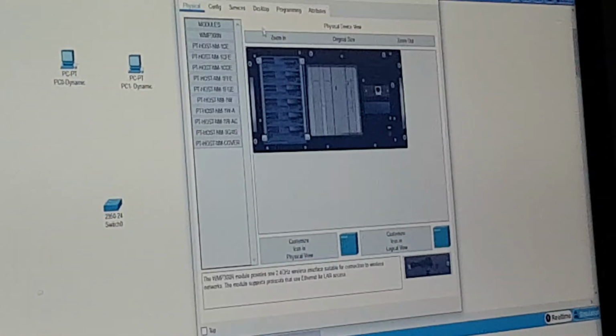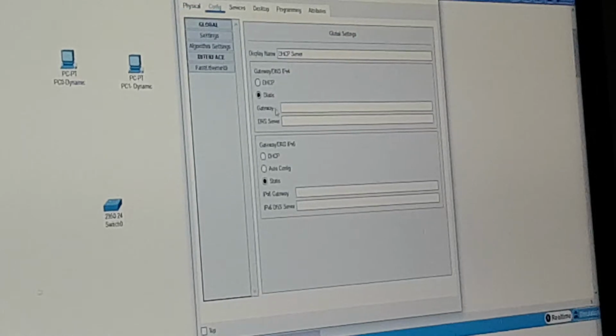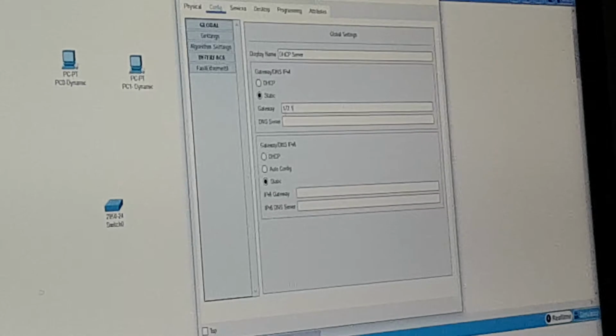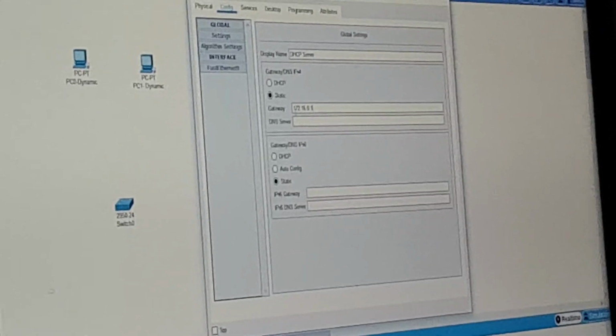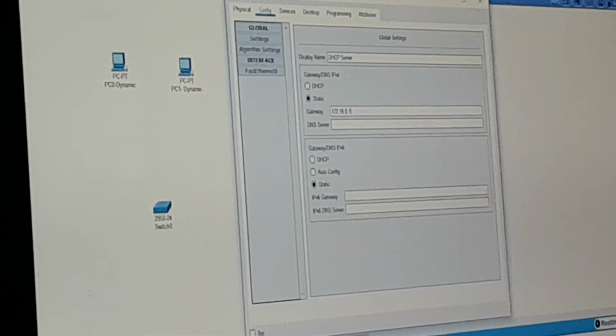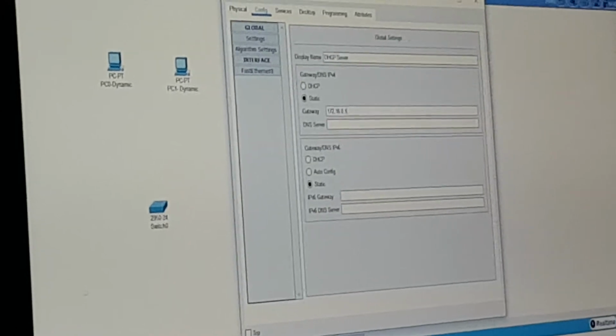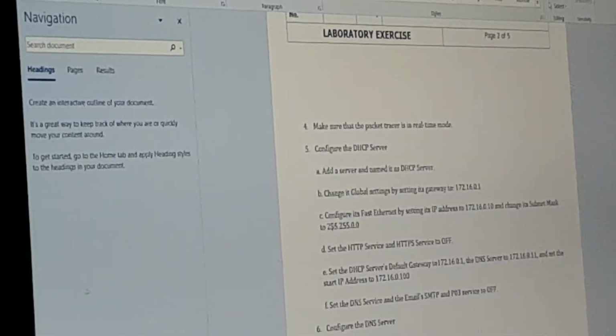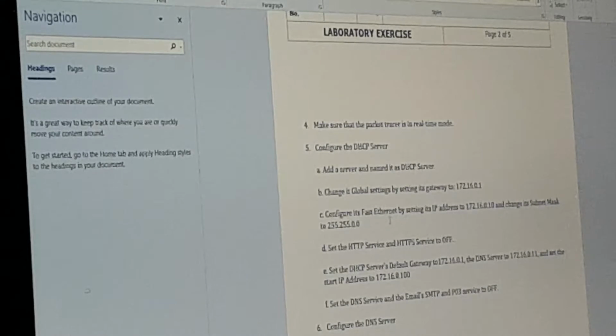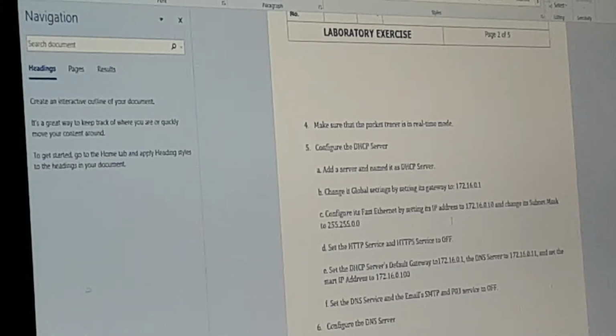So just click and go to config. This is the global setting, so we need to put the gateway 172.16.0.1. So this is the gateway. Next, configure its FastEthernet by setting its IP address to 172.16.0.10 and changing its subnet mask to 255.255.0.0.